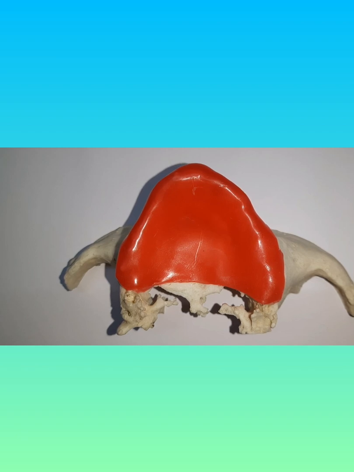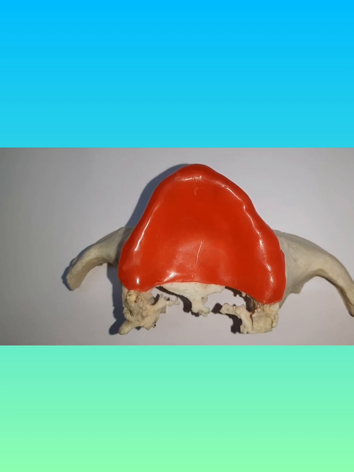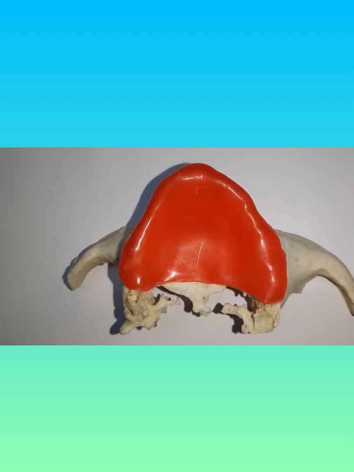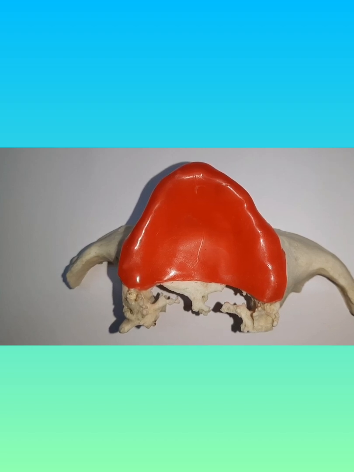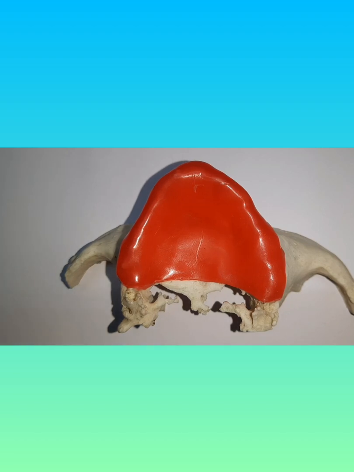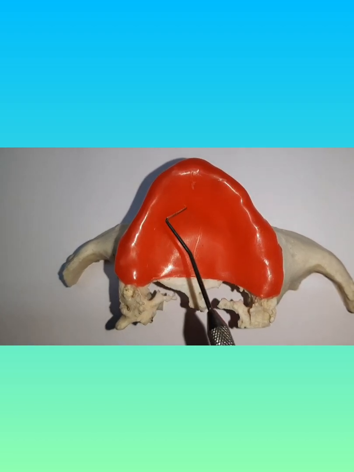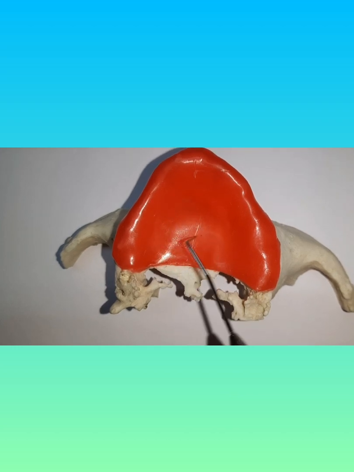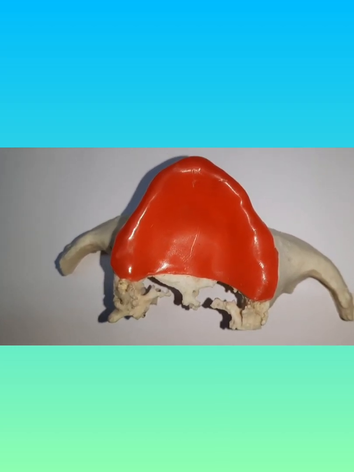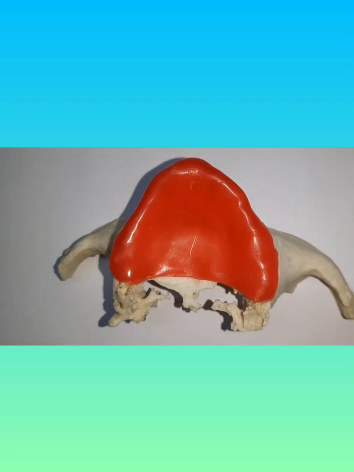Now, what is an obturator? An obturator is basically a maxillofacial prosthesis which is given in defects, which could be congenital or acquired defects, in order to close those defects. So if you have, say, a defect here in the palate, then you're going to make a maxillofacial prosthesis which will close that defect, and that type of prosthesis is called an obturator.